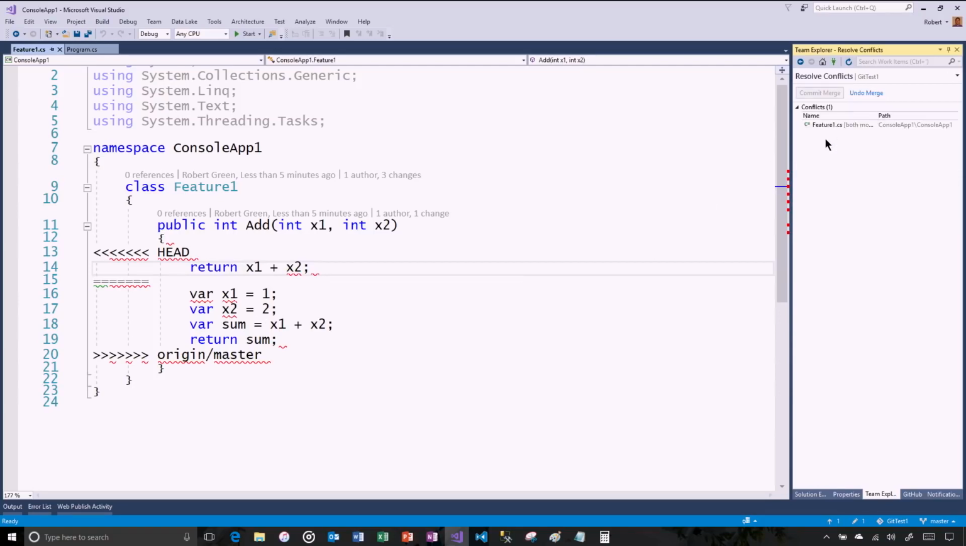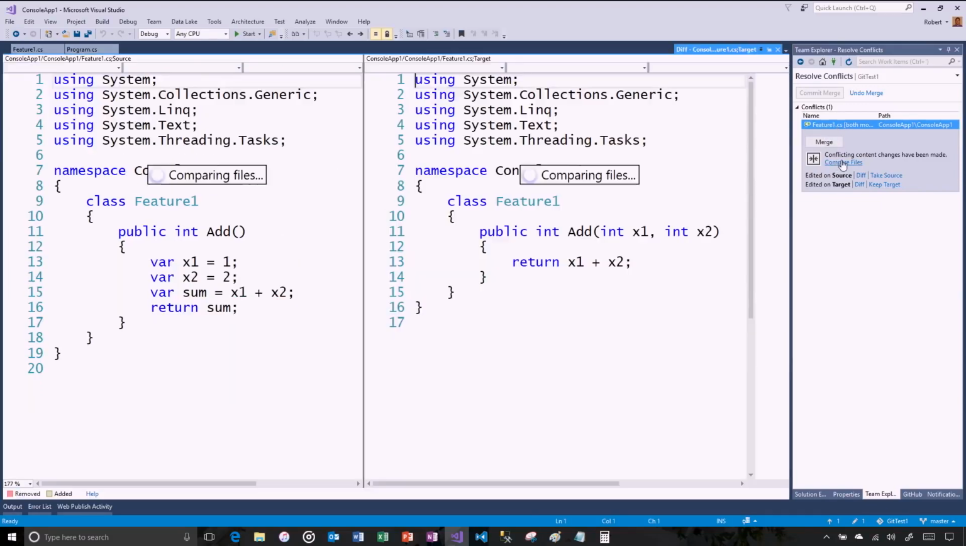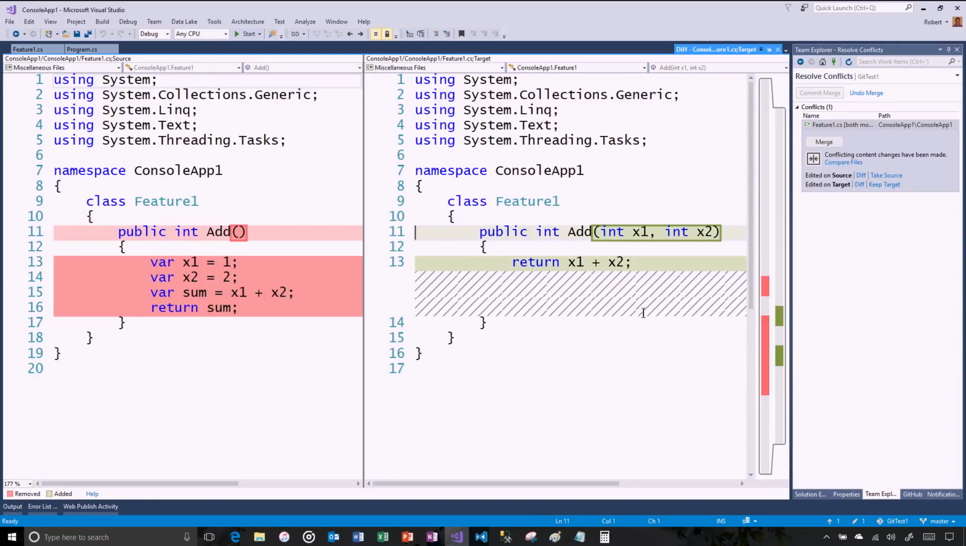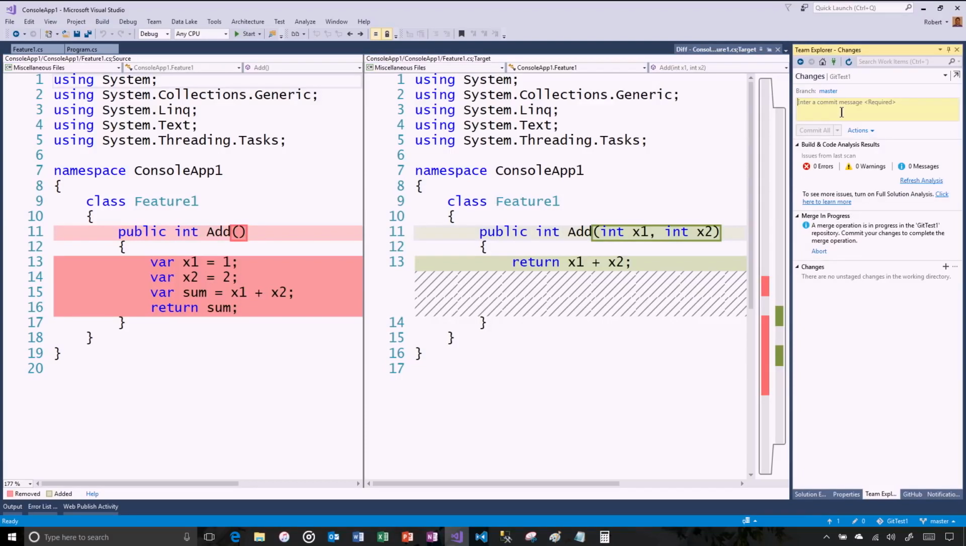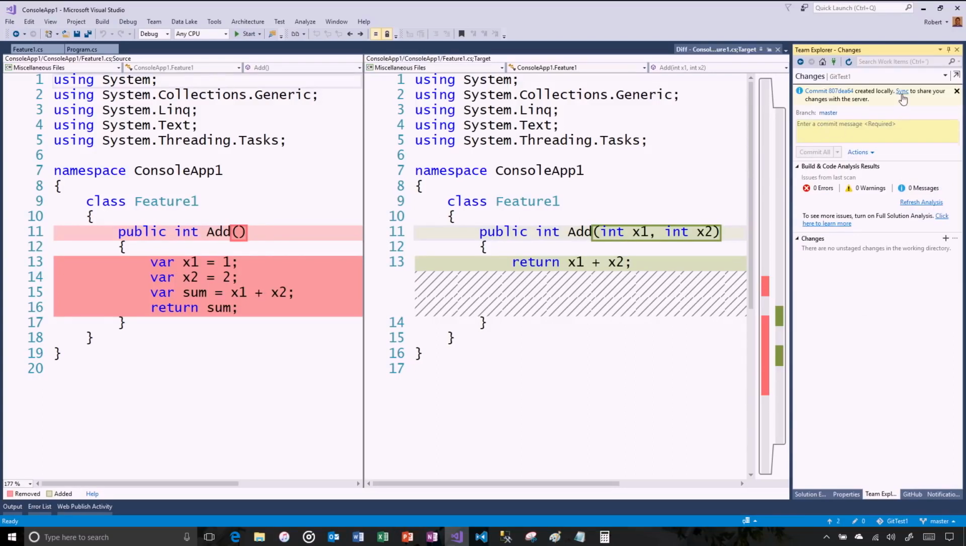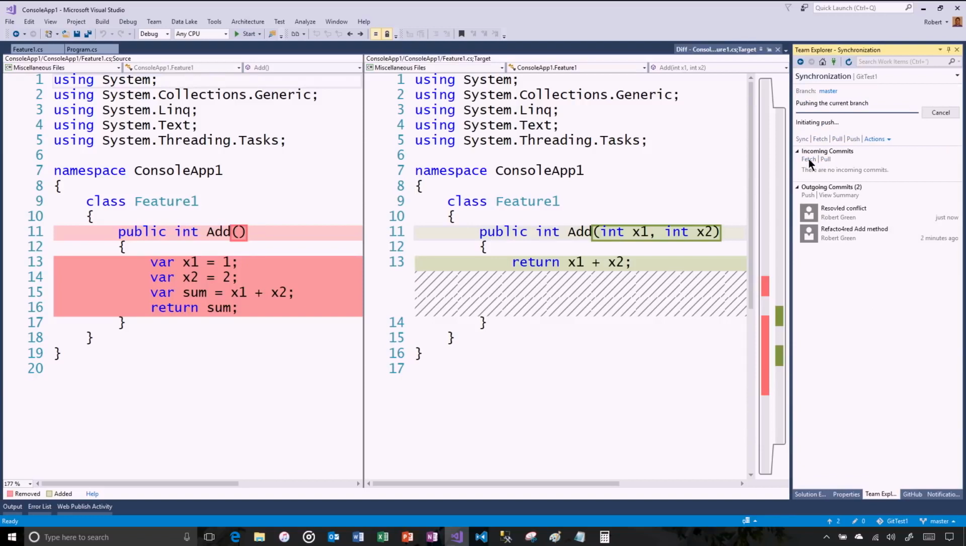So I can click conflicts here, double click on this, and I can compare the files. Aha. So I have a choice. I can take the source, which is what's up in GitHub. I can keep the target, which is what's local. And in this case, I'm going to say, look, my code, I'm keeping the target. Keep the target, commit the merge, resolve the conflict, commit that, sync, push,